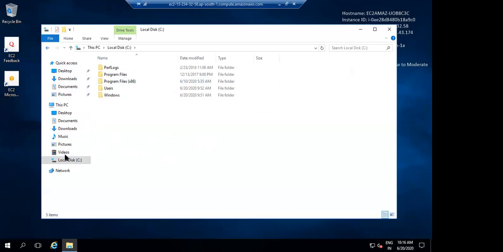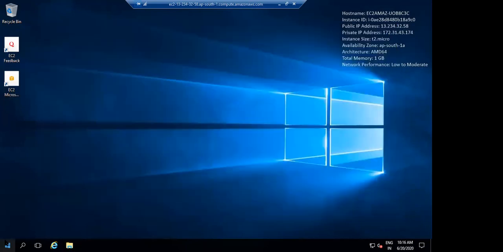You guys see only one disk, right? Local disk C. But we associated two disks to it.